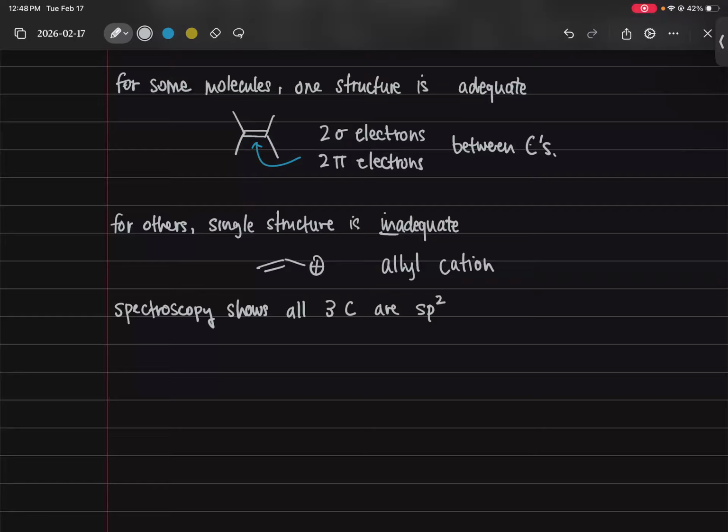So we would expect that for the center carbon, because it's got a double bond, and the carbon on the left, it's also got a pi bond to it. But the carbon on the right, at least at this point, it may not immediately be clear to you what the hybridization should be. But we know from experimentation that they're all sp2 hybridized. And so we'll take sp2 hybridized to mean